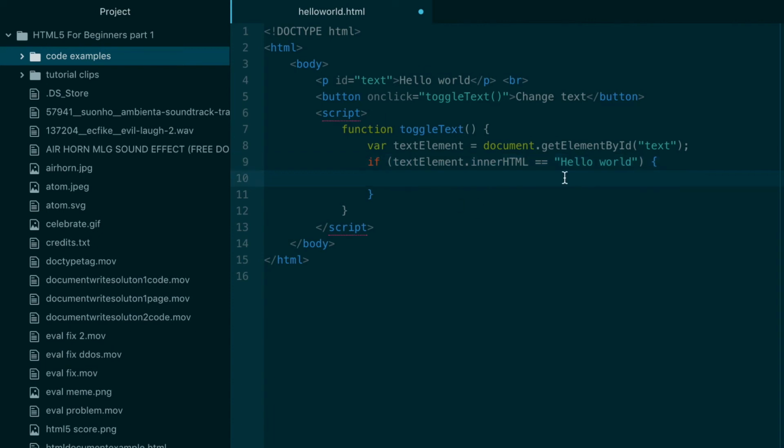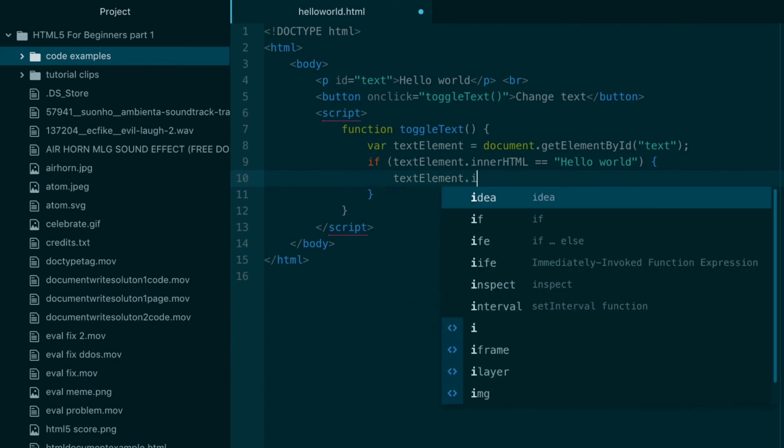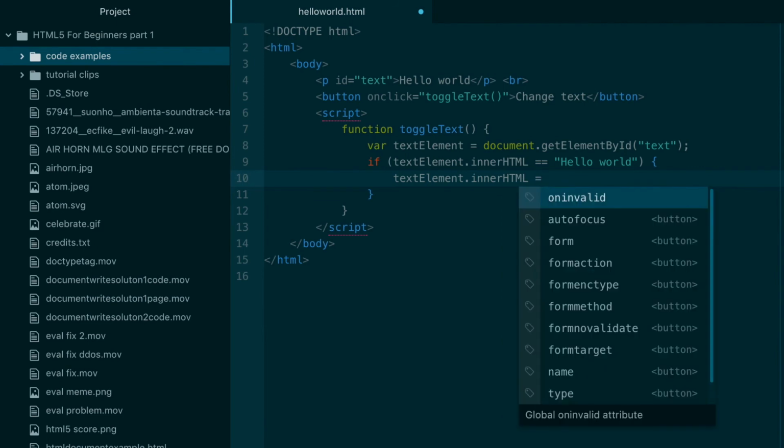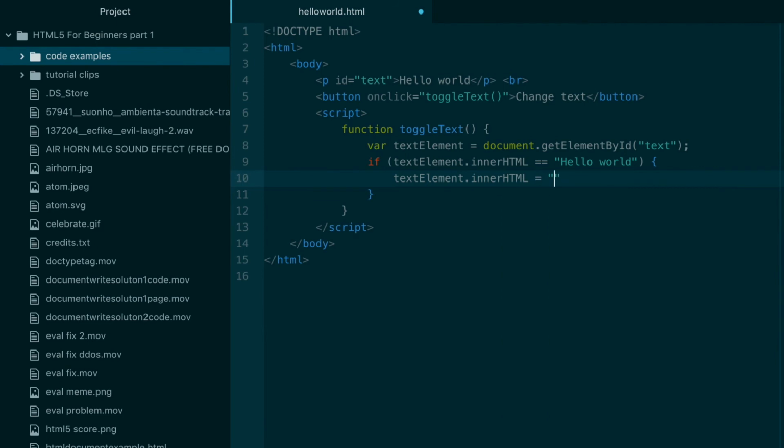That's important. Then if that's true, we run the code in the curly brackets over here, and we want that to be textElement dot innerHTML equals, I don't know, goodbye world,